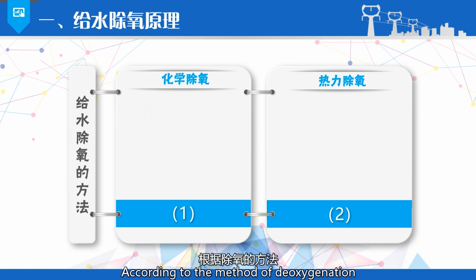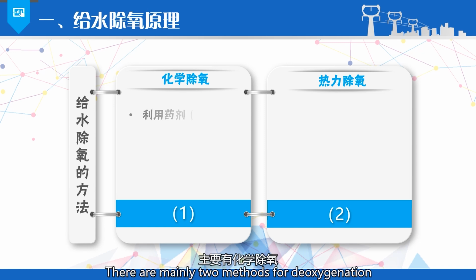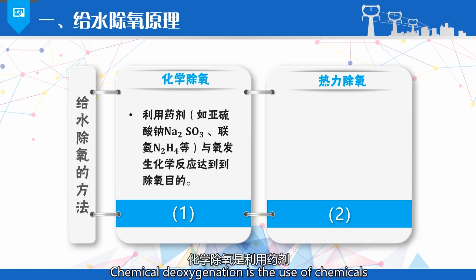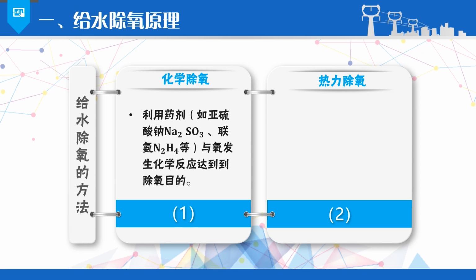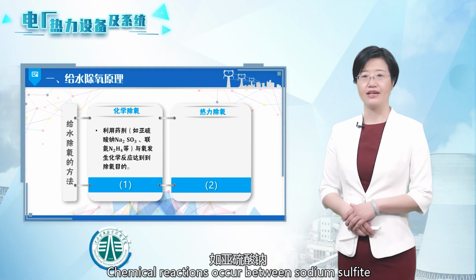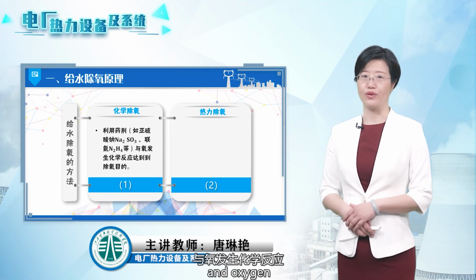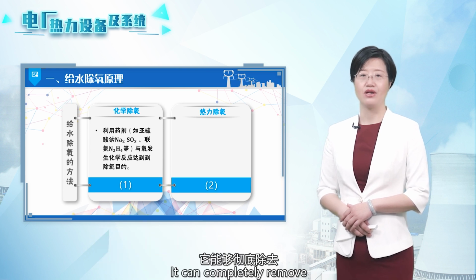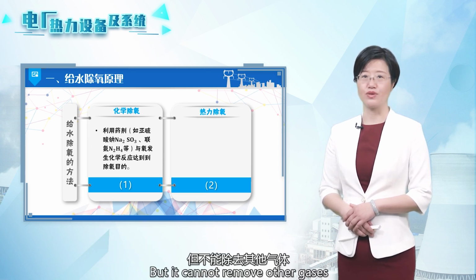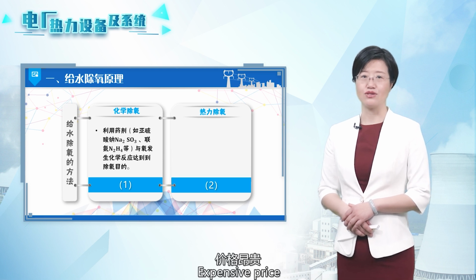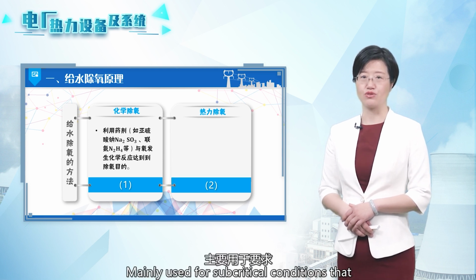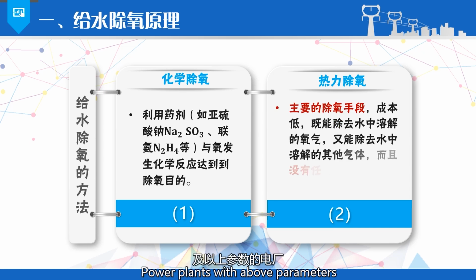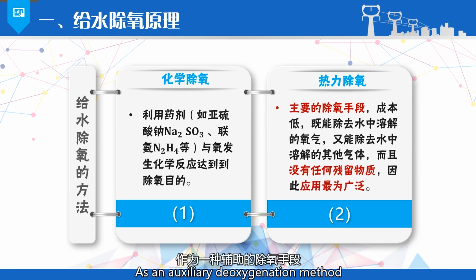According to the method of deoxygenation, there are mainly two methods: chemical deoxygenation and thermal deoxygenation. Chemical deoxygenation uses chemicals. Chemical reactions occur between sodium sulfite, hydrazine, and oxygen to achieve deoxygenation. It can completely remove dissolved oxygen from water, but cannot remove other gases. The price is expensive, so it is mainly used in power plants with supercritical and above parameters that require thorough deoxygenation, as an auxiliary deoxygenation